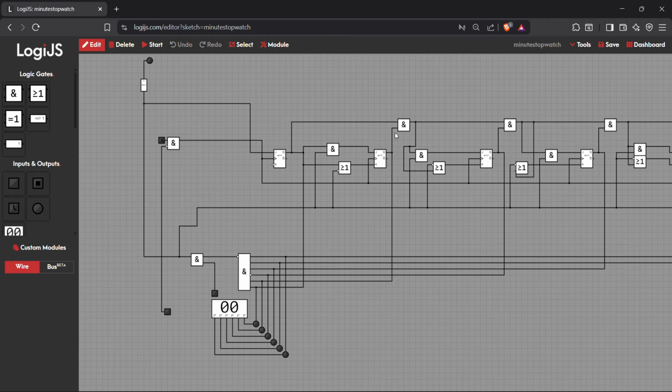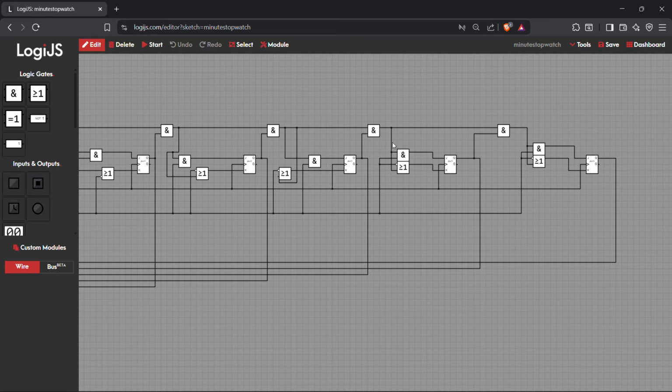Say this is 1. This is 2 to the power 0. This will be 2 to the power 1. This will be 2 to the power 2. Similarly, 2 to the power 3, 2 to the power 4, 2 to the power 5. So